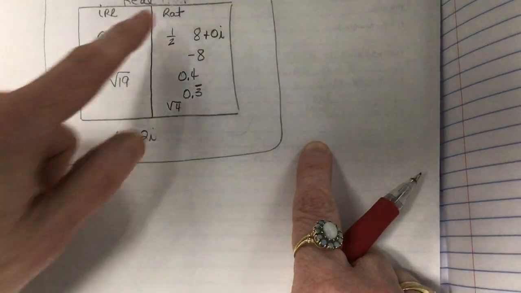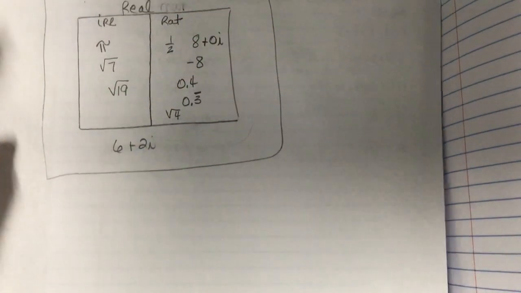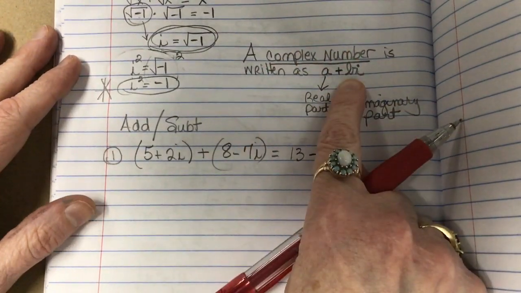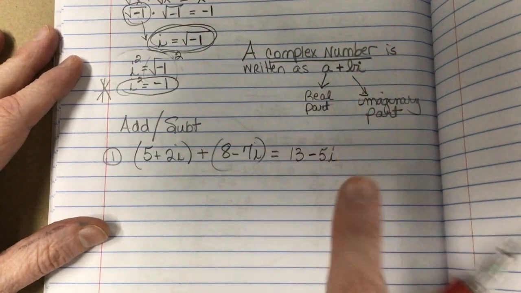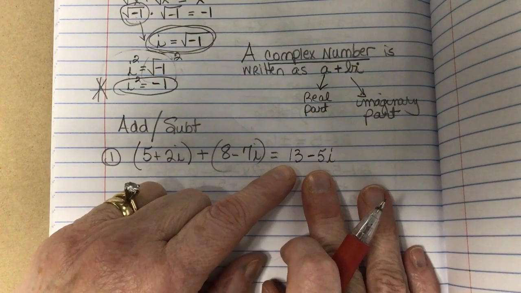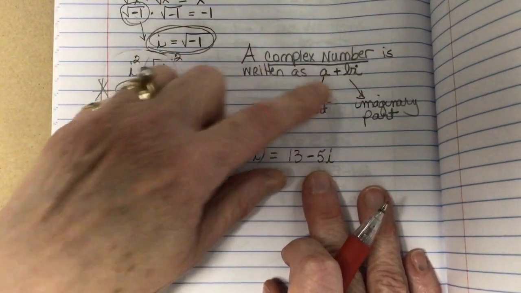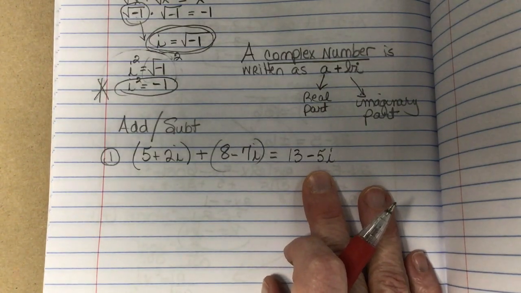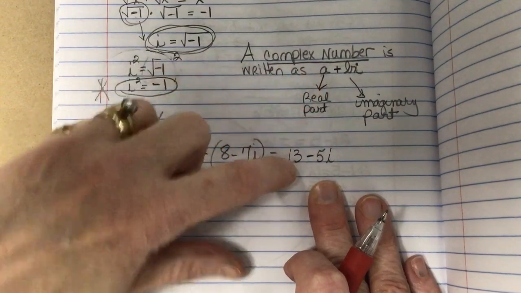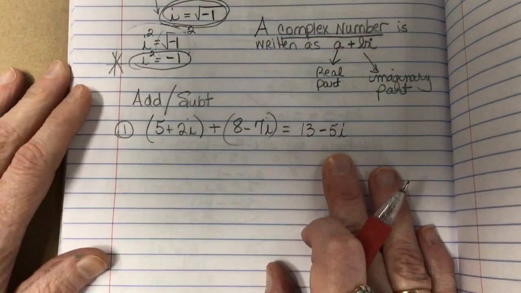We don't run into these a lot. You may, but I just wanted you to recognize that. I do emphasize the a plus bi form if we are doing them like we're doing right here. Is -5i plus 13 wrong? No, but it's not the format. And there are some college professors, I don't think Miss Newberry gets too bent out of shape over it, but I have had teachers who are very emphatic: put the real part first, put the imaginary part second. So make sure your i is the second part. Number 2, let's